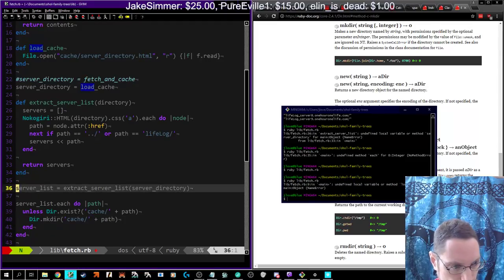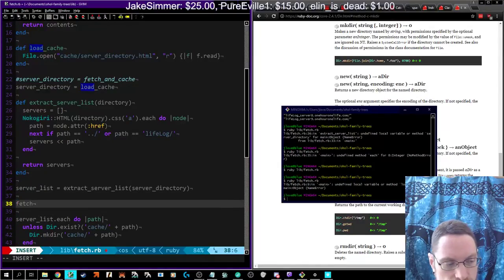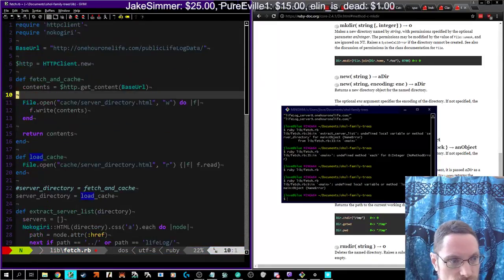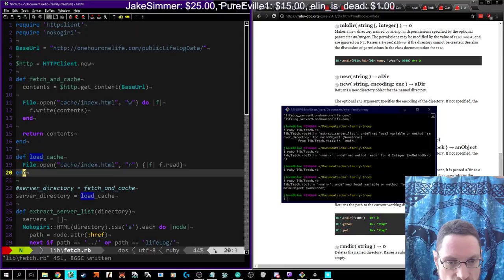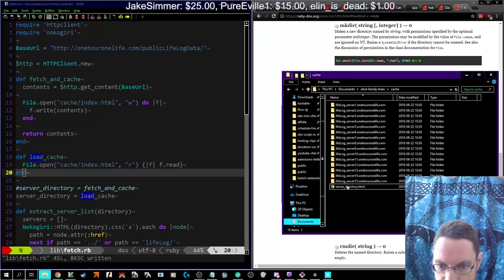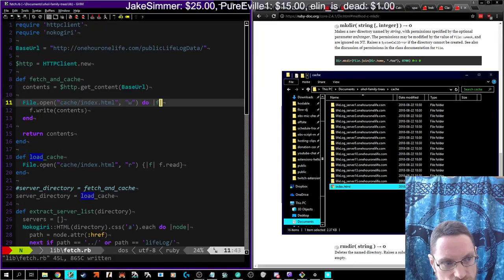So then we wanted to look for something like, first we have to fetch file list. You know what we should probably do? We should probably call this index.html. That might also, incidentally, make this a little bit easier to reuse. To make it reusable,